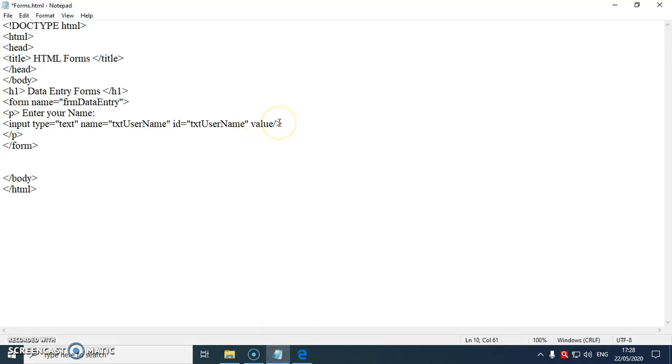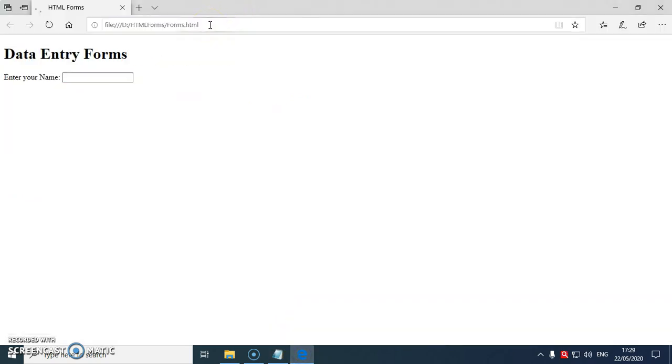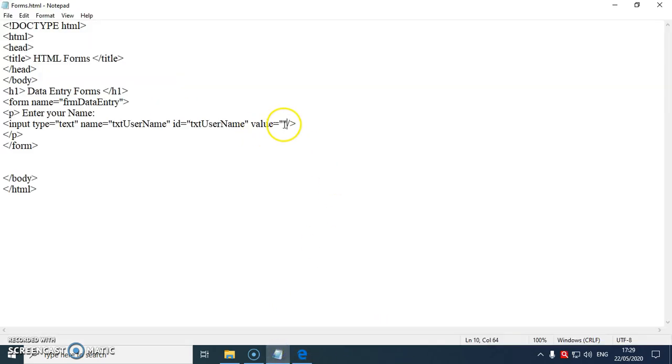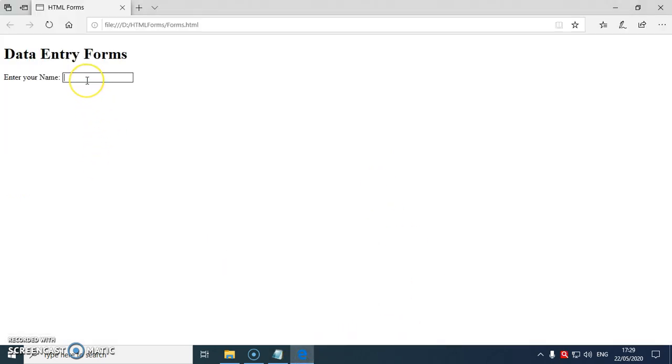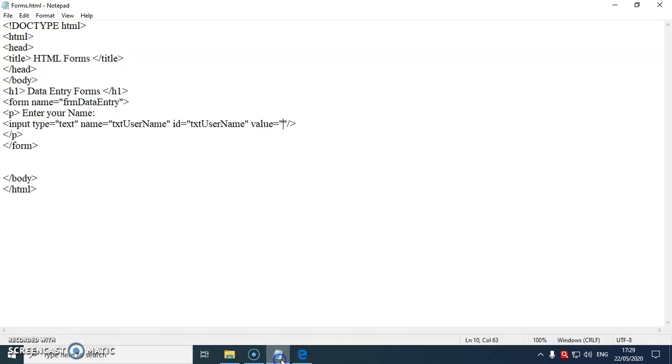Okay. Now what I'm doing, I'm writing value is equal to inverted comma open, inverted comma close, Control S and refresh. Can you see? Nothing is displayed because in my case, I have not written anything between value. So it is left empty. If we put inverted commas open and close, nothing will be displayed in value. But you can always write whatever you want. The user can always enter whatever the user wants here, and in this manner the user can type how many characters? Total 255 characters in this particular text box.